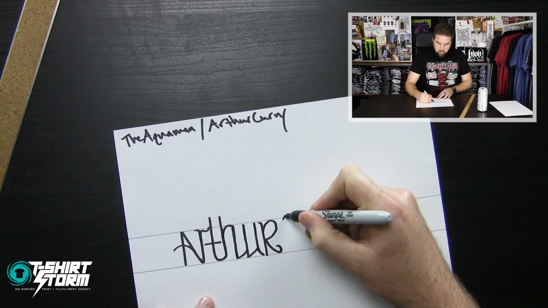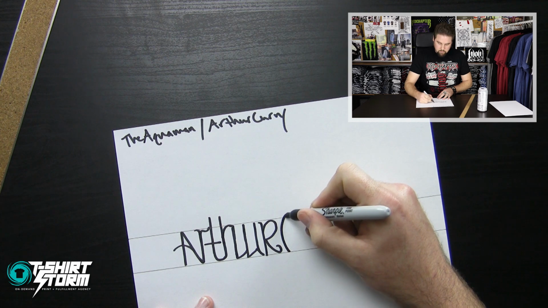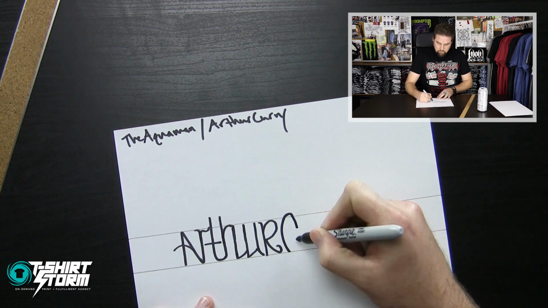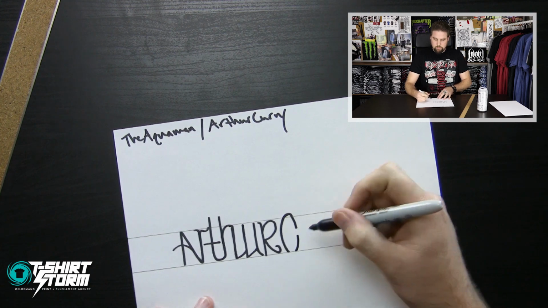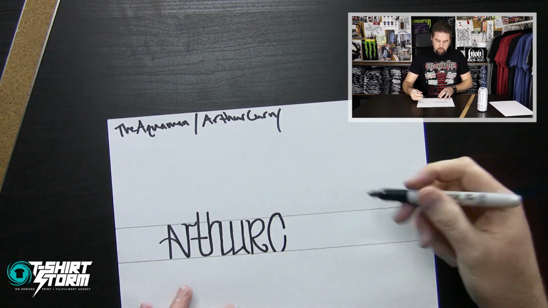So we've got this. We're going to do a slightly larger C just because it's the first letter of his last name, so it needs to be a little bit bigger for context. We're going to leave it open on the bottom and in the middle, and it's cool because your eye kind of just ignores that it's open down there on the bottom because there's a fairly recognizable C shape there.